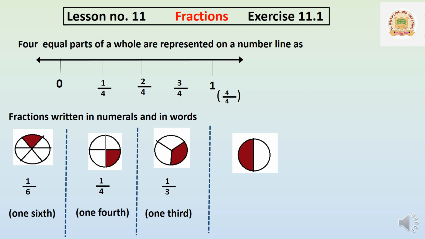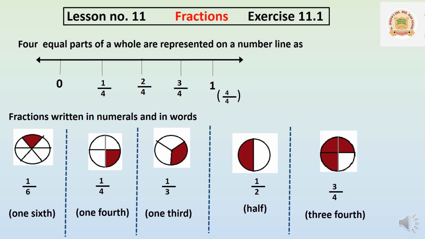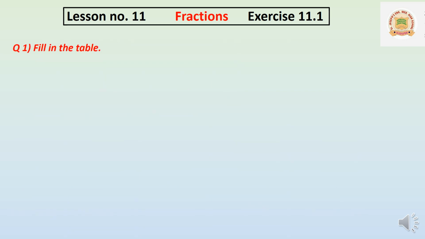This is one full circle. There we have made 2 parts, 1 by 2. It is called half. In one complete thing, you have to make 2 parts of it. This is a circle. There we have made 4 parts, and we have colored 3 parts. So it is written as 3/4. This is the method we have to follow while doing this exercise, children. Let us do the exercise, children.